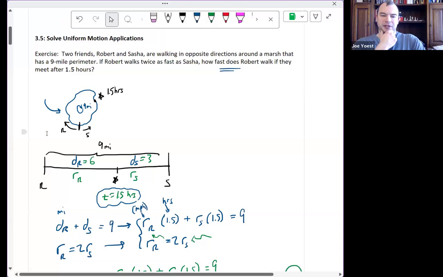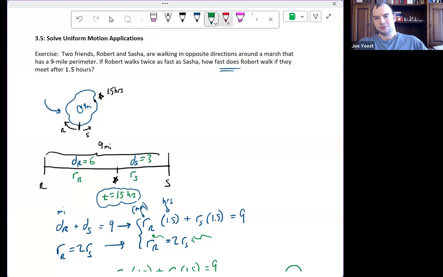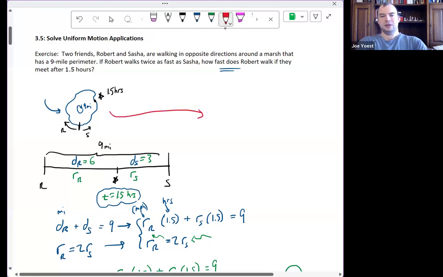Now, what's the kind of gut feeling here? What's the kind of shortcut approach? I can actually make use of something specific to this problem. Now, if I said that Robert traveled for 3 hours and Sasha for 1 hour or something, and gave a little more information, I might not be able to use this. But because they both walked for the same amount of time, I can almost think of like,